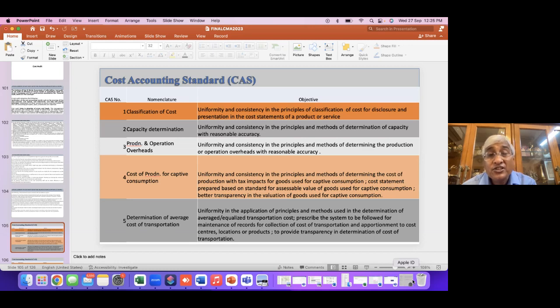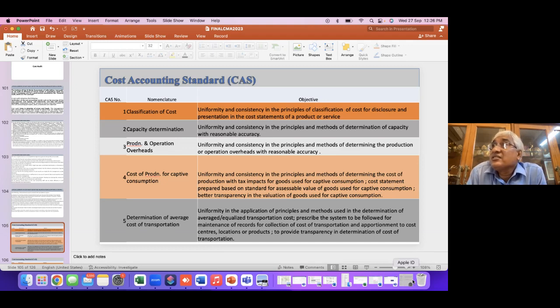So, classification of cost. Again, the basic objective of any cost accounting standard is uniformity, consistency, application of principles, classifications, and also presentation. If you remember these few words, you can deal with any of these CAS. Because ultimately, what is the objective of this CAS? Uniformity. So any of the CAS is eyeing the same thing, uniform treatment,